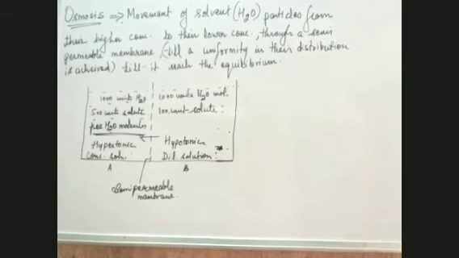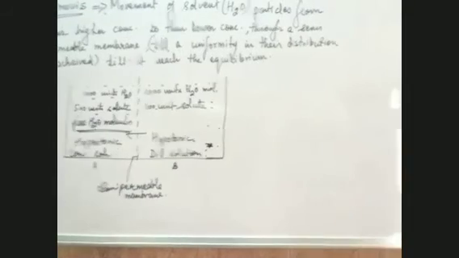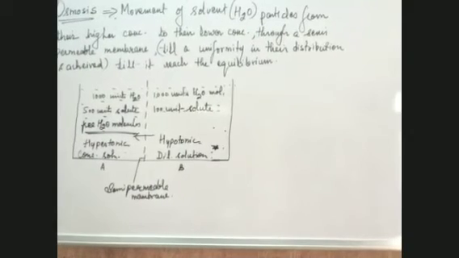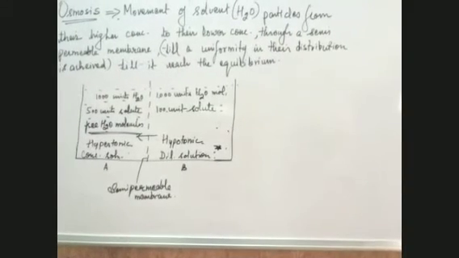After that there won't be any movement of solvent from one chamber to another. Once the concentration in both the chambers is the same, this movement of the solvent molecules will stop. Okay, now here